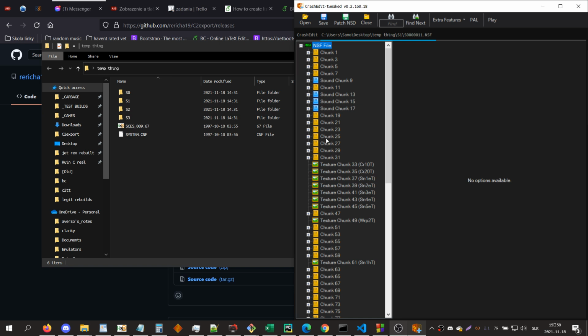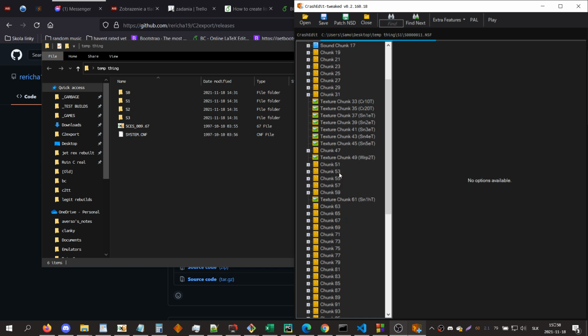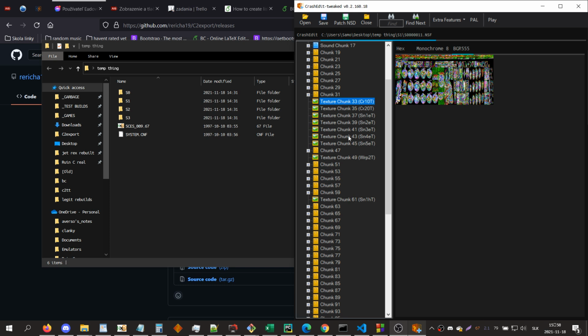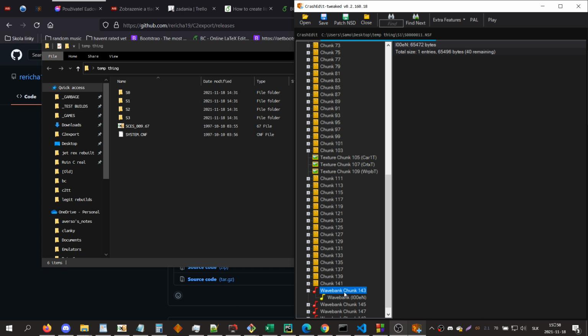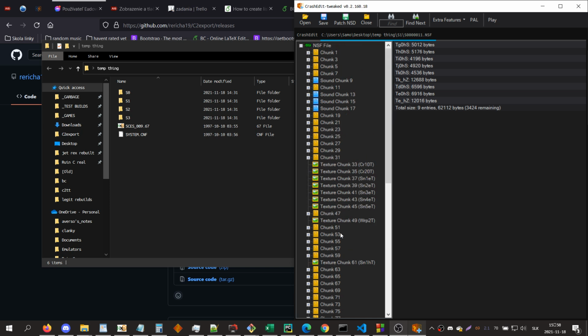This only includes normal chunks. It can load 8 texture chunks, 4 sound chunks, and 4 wavebank or instrument chunks, and 21 or 20 normal chunks. So